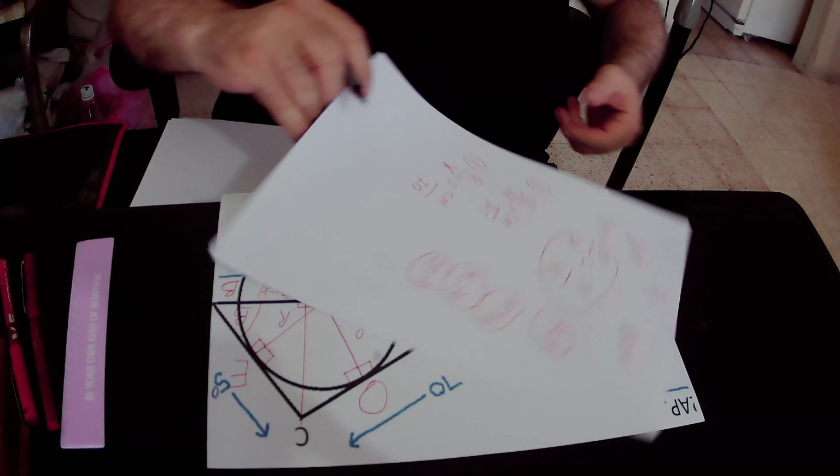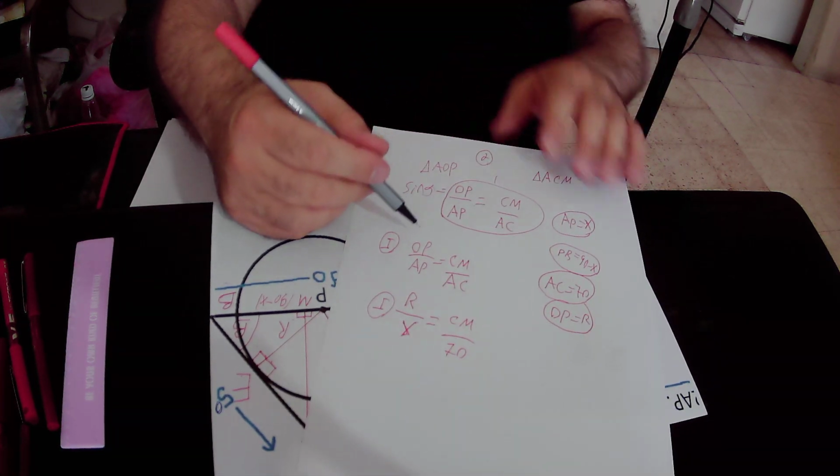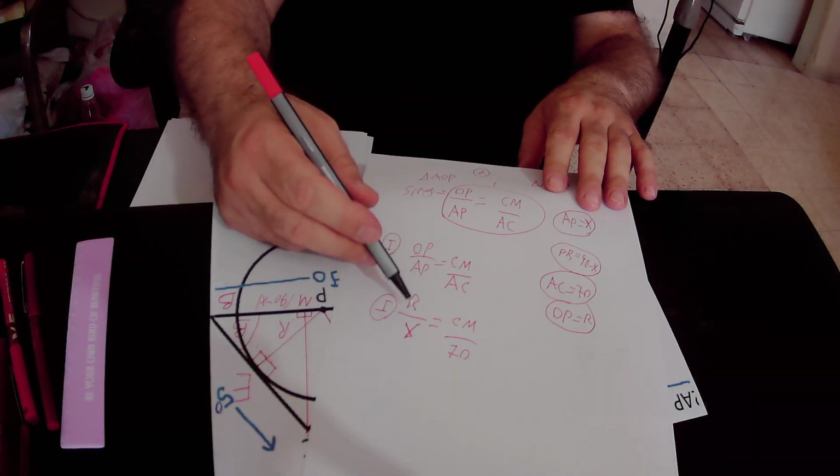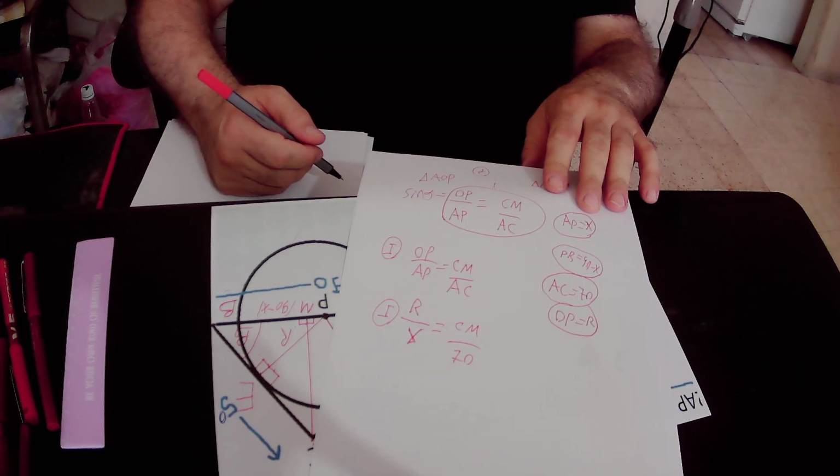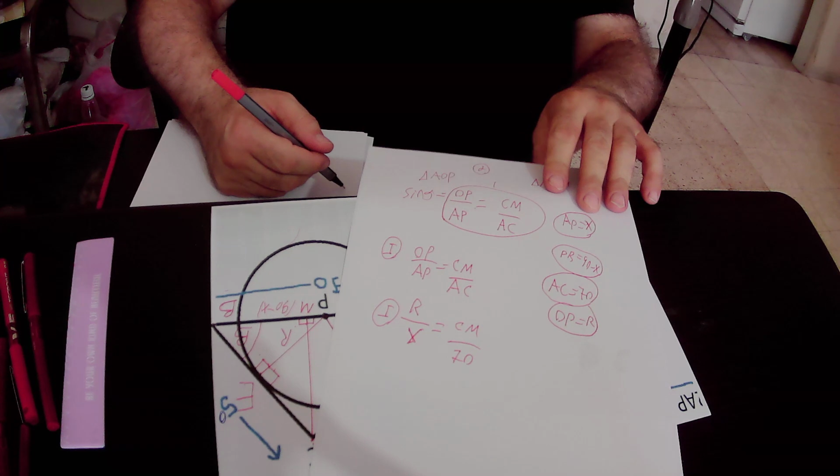Okay, again, we substituted OP by R, AP by X, and AC by 70. In the next step,